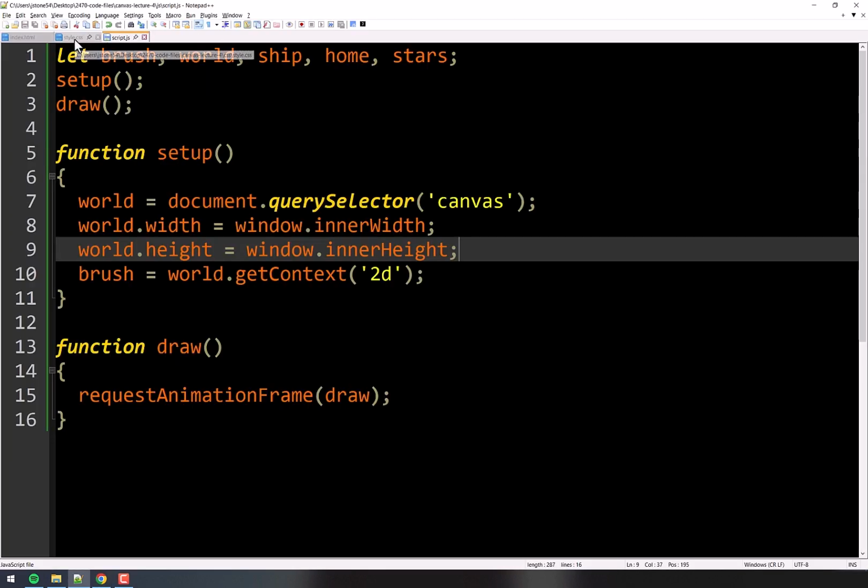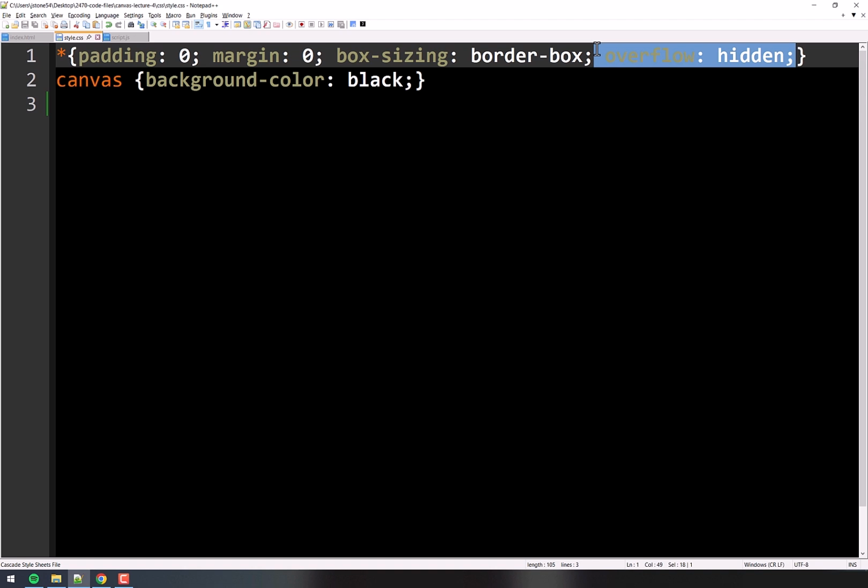Refresh the page, and you can see the canvas now is taking up the full screen, except there's still that spaceship above it. Now, you'll notice in here I have overflow hidden. Let's turn that off for just a second. Refresh. And you'll see I have a scroll bar situation here, okay? That's because this spaceship is pushing it down and it's causing issues. We don't want that spaceship to be in the HTML section. We want it to be in the canvas. So for the time being, we're going to hide it from the HTML, and then I'll show you later how we're going to add it to the canvas.